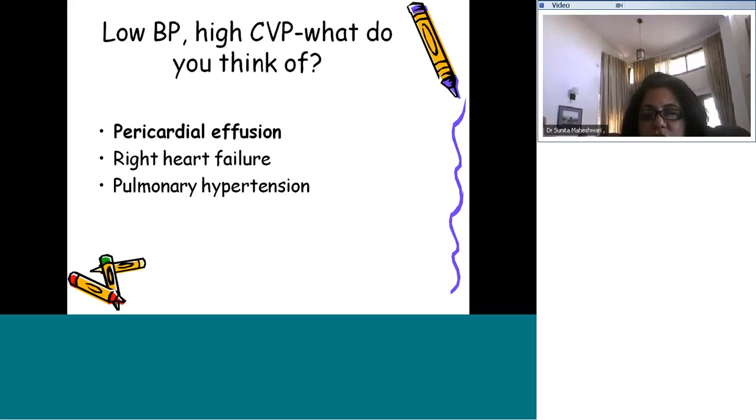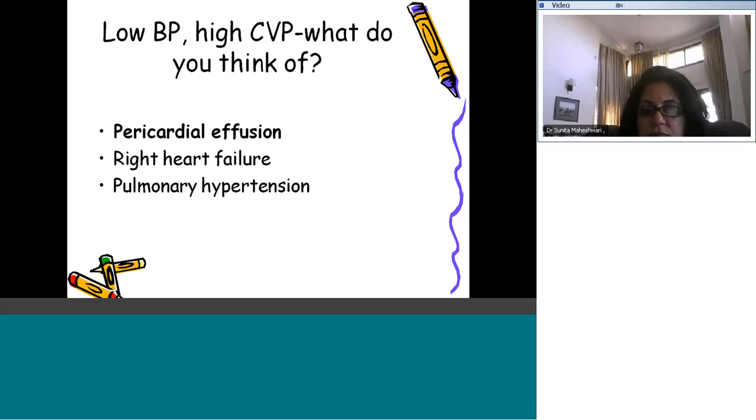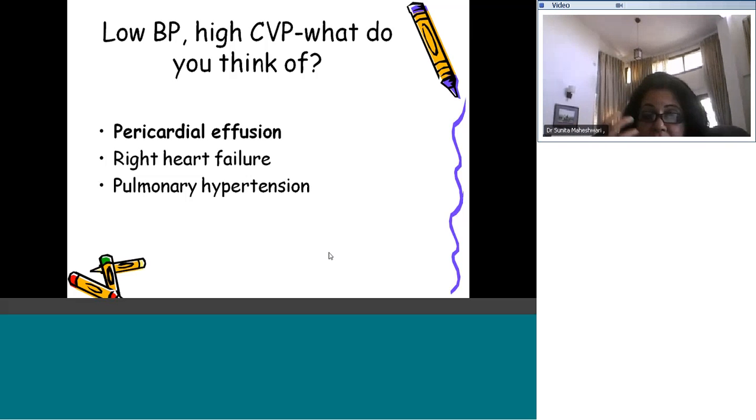If it's a pericardial effusion tamponade, what are you going to do? What's your management? What will you do if it's a tamponade? Yeah, you're going to immediately put in a pericardiocentesis. If it's pulmonary hypertensive crisis, what are you going to do? What are you going to do if it's a pulmonary hypertensive crisis? Well, if it's a pulmonary hypertensive crisis where the BP drops,